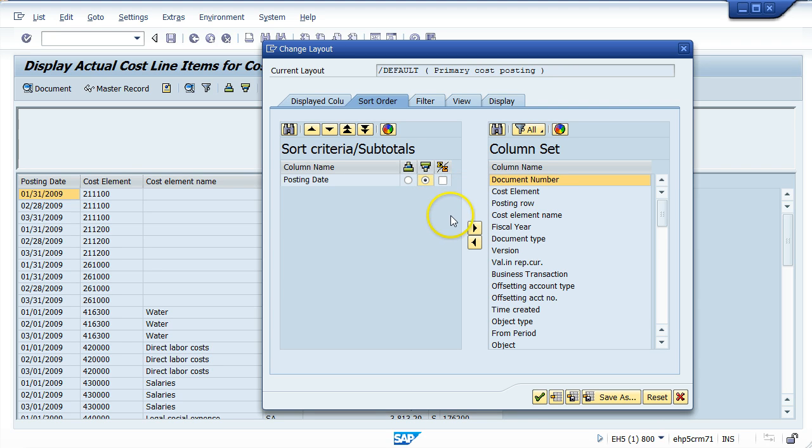In this case, because it's posting date, it makes sense for me to see it in descending order because I may want to see the most recent costs that have been incurred on the cost center. I'm going to choose sort in descending order, and then I'm going to choose this adopt button, and this green checkbox